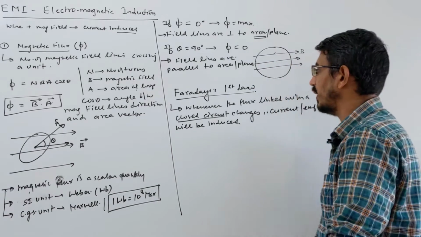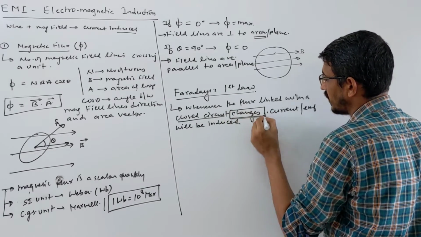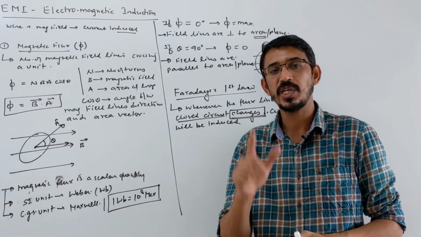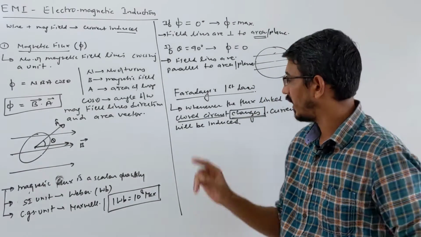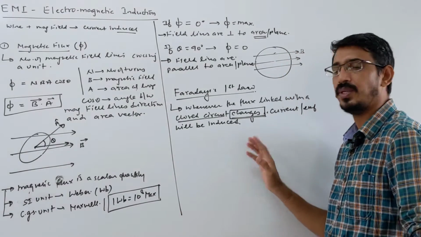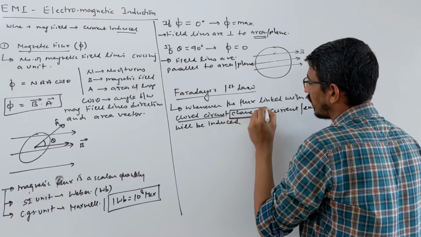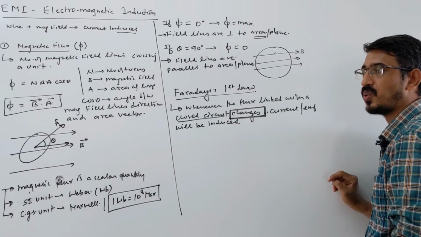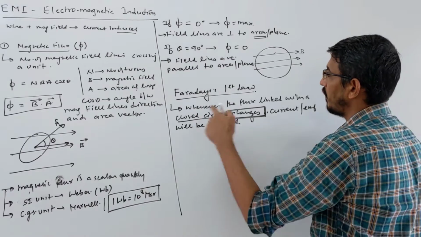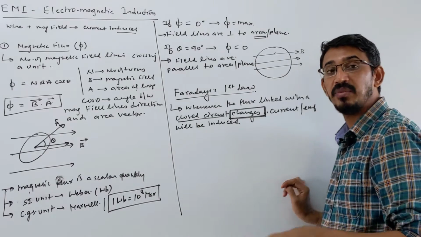Not current. Okay, so when the flux linked with a coil changes, what's the most important word here? Changes. If the flux linked with a coil, with a circuit, any closed loop is changing, then EMF or your current is induced. You can call it induced current or induced EMF, both will be induced, right? So changing is very important. Flux should change. If flux is not changing, if it is constant, then we cannot have induced EMF or induced current. So this is a definition only, first law. Now the second law gives a formula to calculate how much EMF is induced.